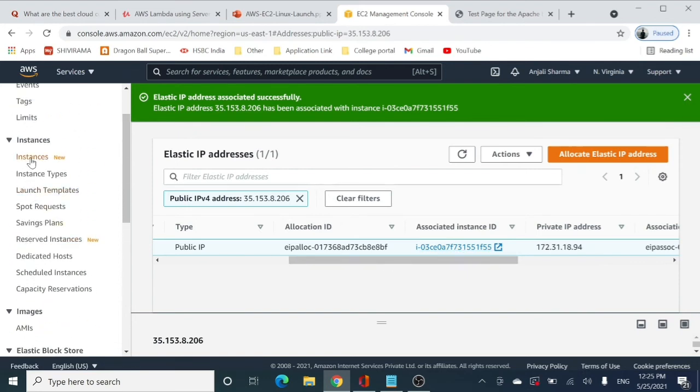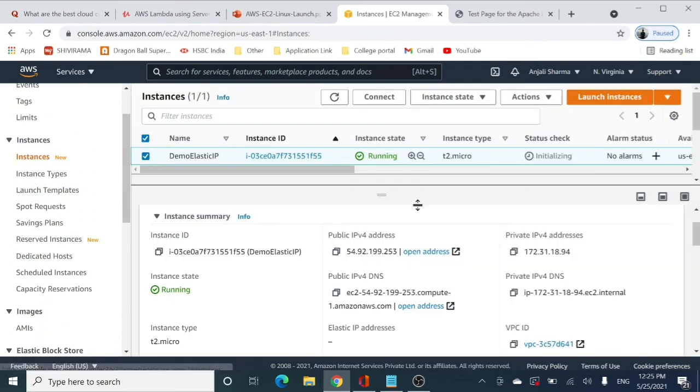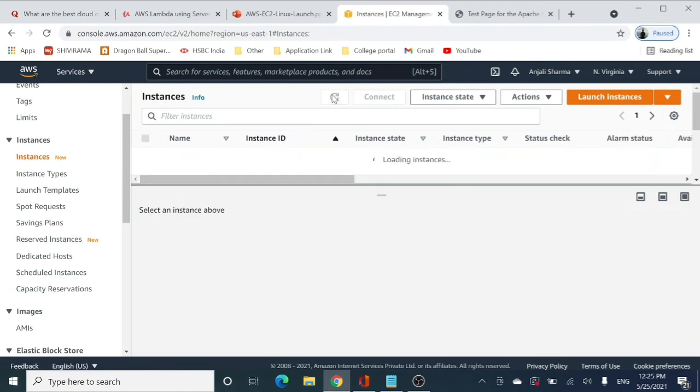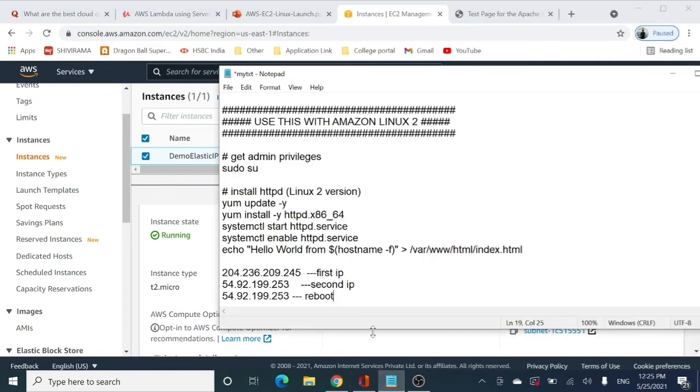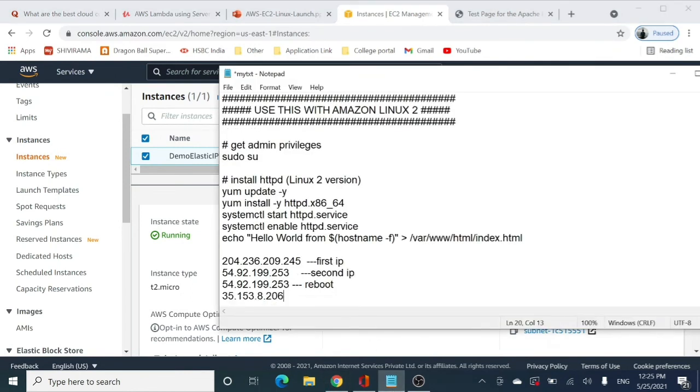Now if I go back to my instance and refresh it, just selecting my EC2 instance, you can see that the public IP, that is the elastic IP which we have associated with my instance, is now visible. If I copy this elastic IP and paste it over here for reference, this is the elastic IP.